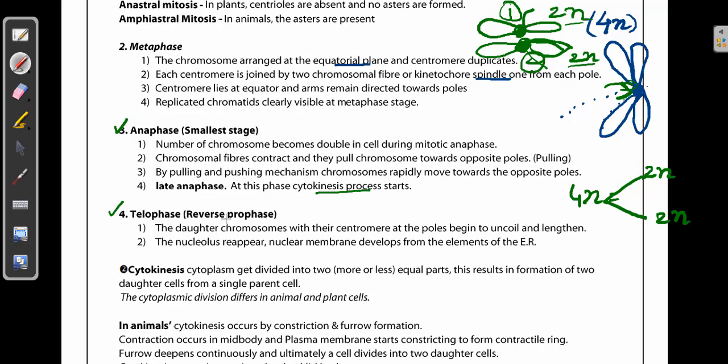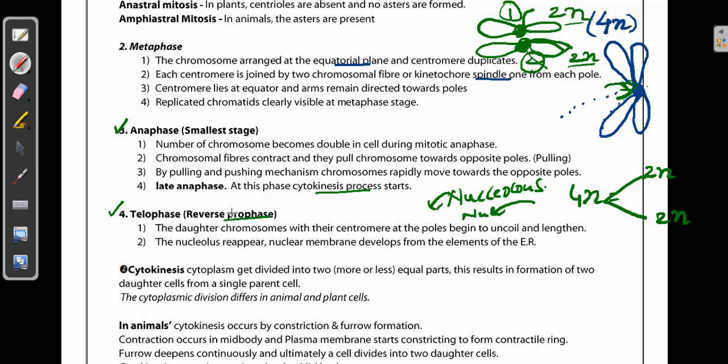The telophase is exactly called the reverse prophase. The reason why we call it the reverse of prophase is that, as you see in prophase, the nucleolus will be disappearing. So here the nucleolus is going to reappear, and then you can see some other changes, like it's going to get the nuclear membrane back. So that's why it is called the reverse prophase. And then I missed one more, where you can see the spindle fibers will be disappearing, and then the centrioles will be getting joined with the cytoskeleton of the cell. So that's how the telophase is considered the reverse of prophase.